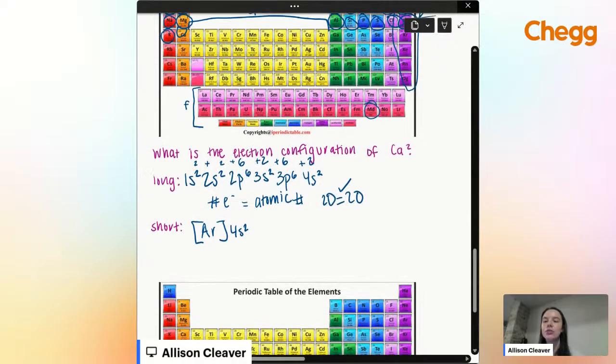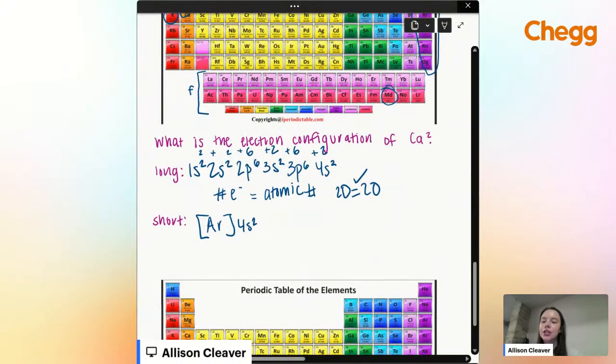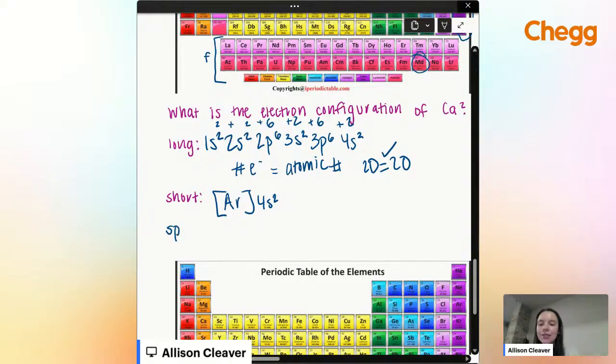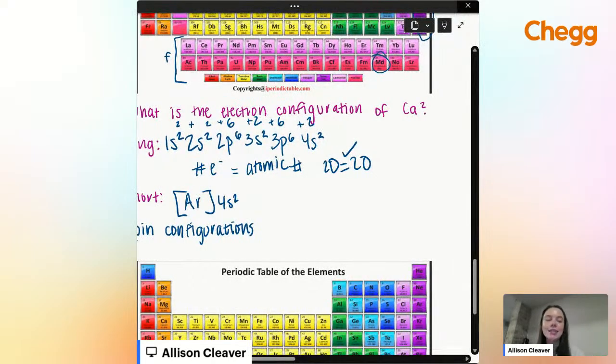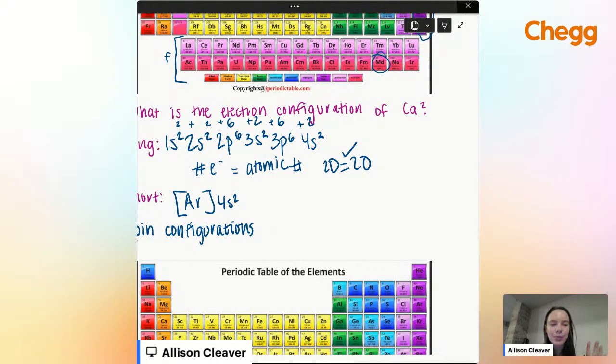We are going to do one last little step with this problem. Some teachers, mine did, require spin configurations, which I think is fun once you get the hang of it. So I do want to teach it, especially if it's going to be on your test. Basically, it is a way to show orbitals, subshells, and spins. There are different rules. I'm not going to say the rules by name, but as we go through this, I'm going to show you and talk through it. Just watch for this first one, and then we're going to do another one. So I encourage you to try that one for yourself.